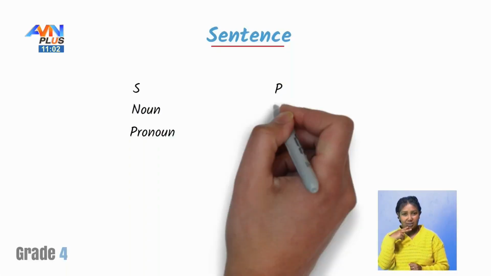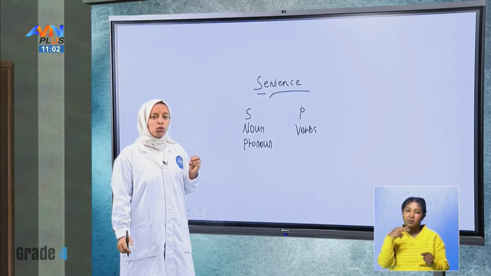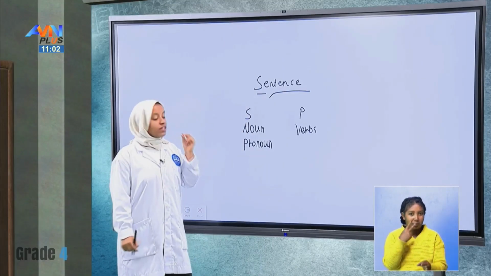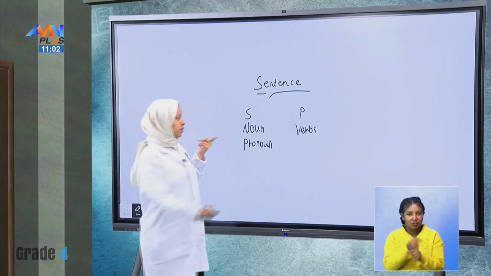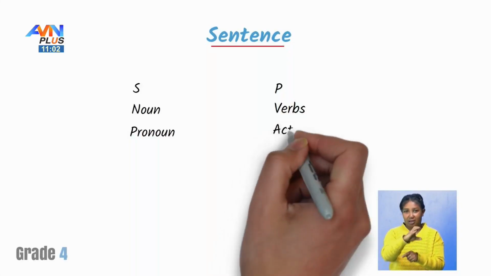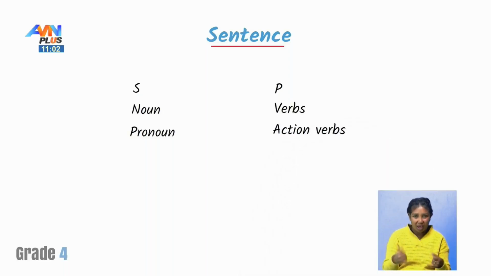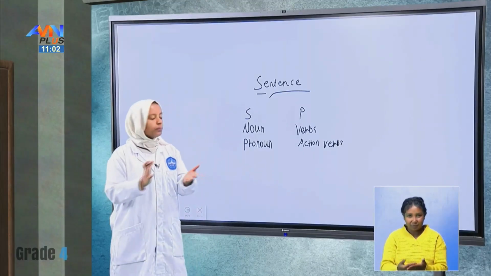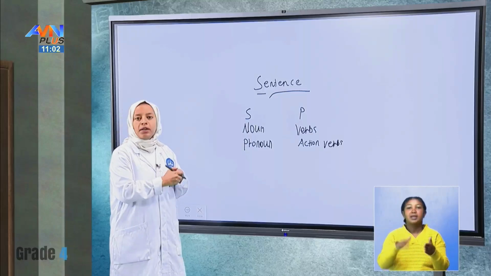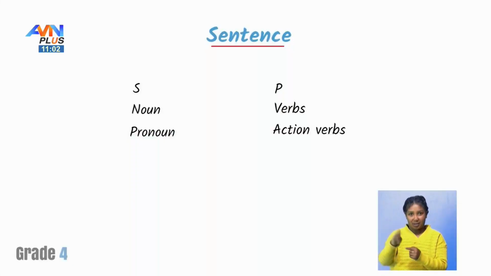When we come to a simple sentence, we can use verbs, first action verbs, like play, dance, run, and also write. And next, we can use verb to be,